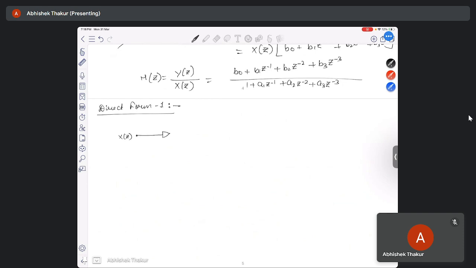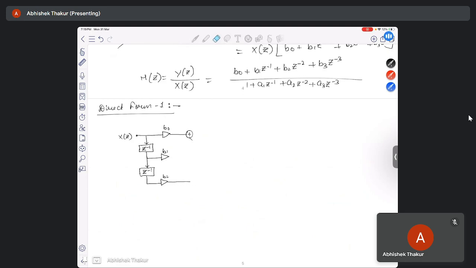The first multiplier will be b naught, plus, now there will be a delay unit z inverse, so that is multiplied with b1. Okay, the second multiplier is b1, so again there will be plus. Now again we have a delay unit, that is z inverse, so this will be multiplied with b2, and again